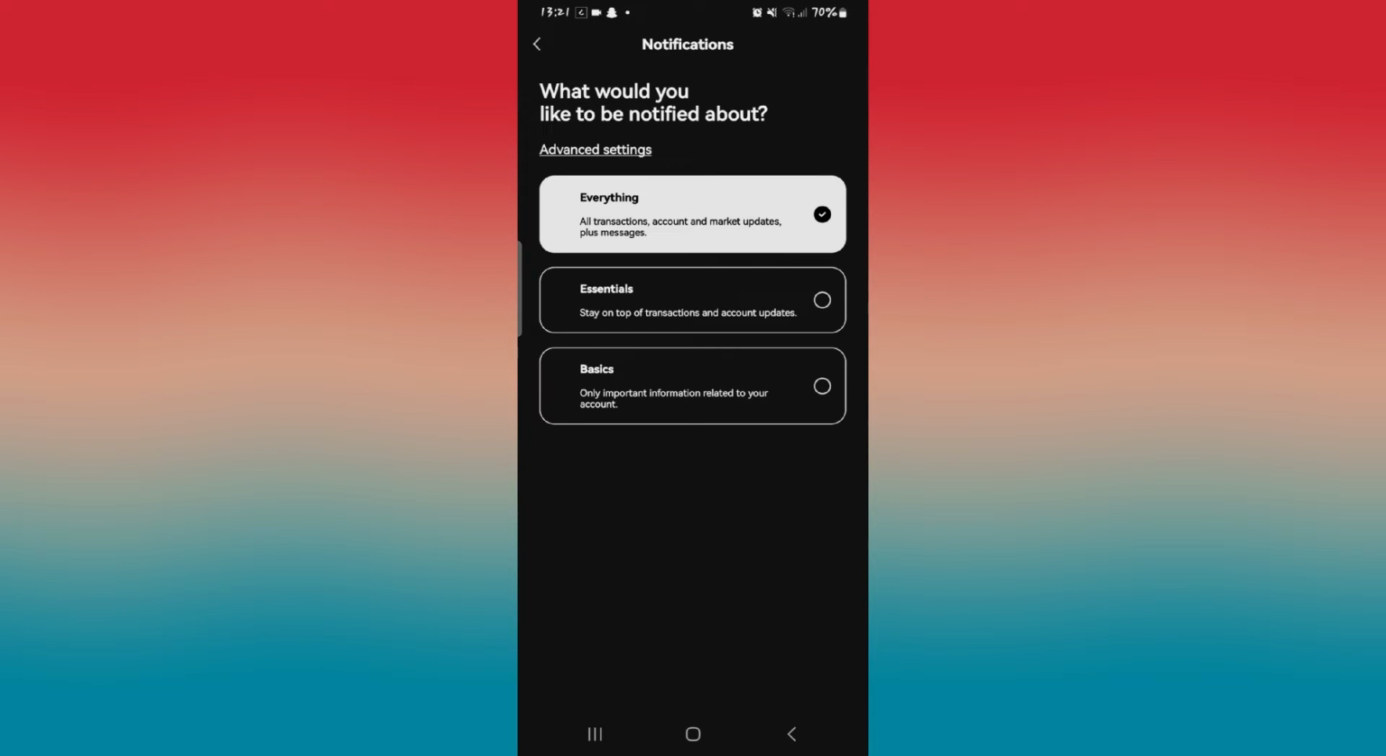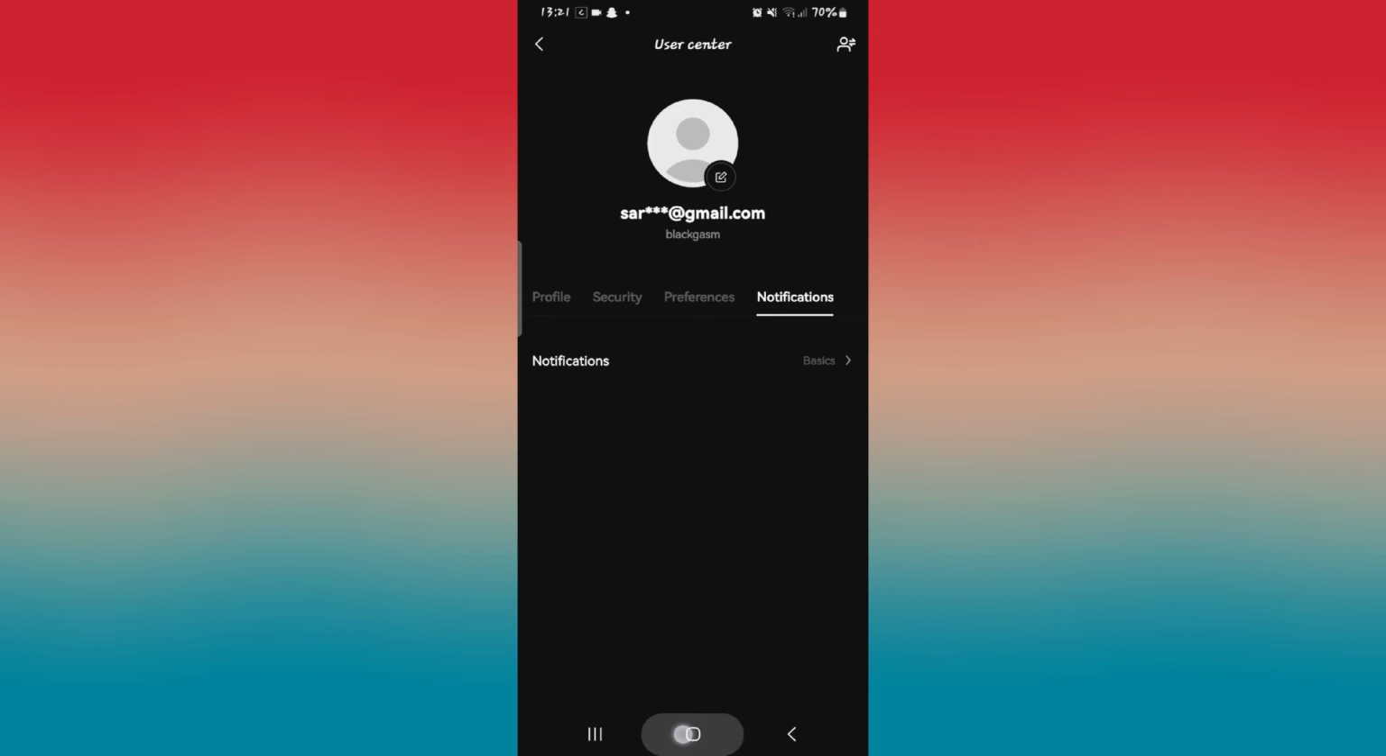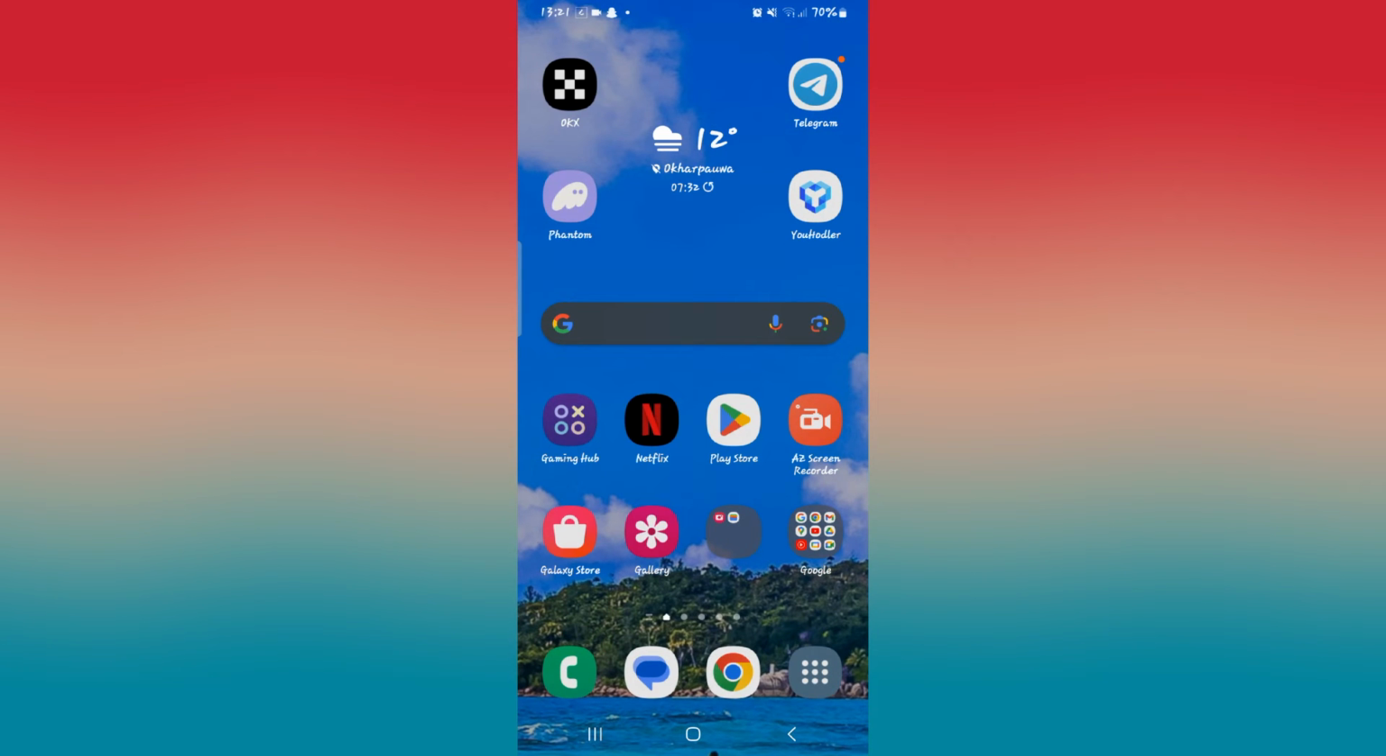If you want only a few notifications, go ahead and select Basics. However, this will not fully turn off notifications from the application. So in order to turn it off completely, go ahead and long press on the OKX application and tap on